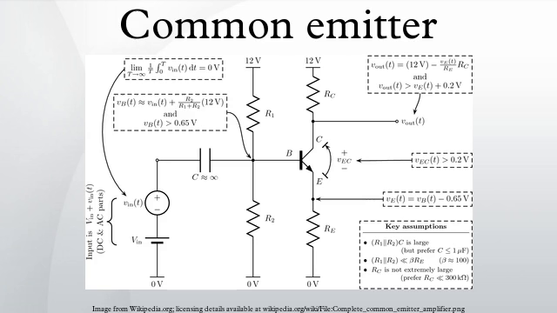In electronics, a common emitter amplifier is one of three basic single-stage bipolar junction transistor amplifier topologies, typically used as a voltage amplifier. In this circuit, the base terminal of the transistor serves as the input, the collector as the output, and the emitter is common to both, hence its name. The analogous field effect transistor circuit is the common source amplifier, and the analogous tube circuit is the common cathode